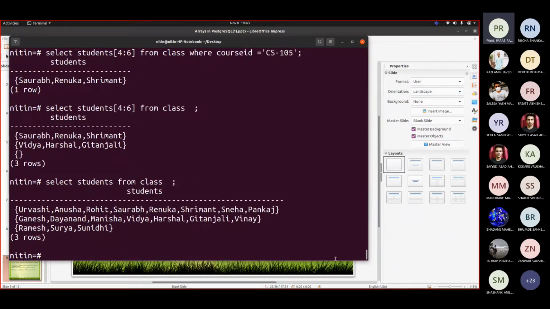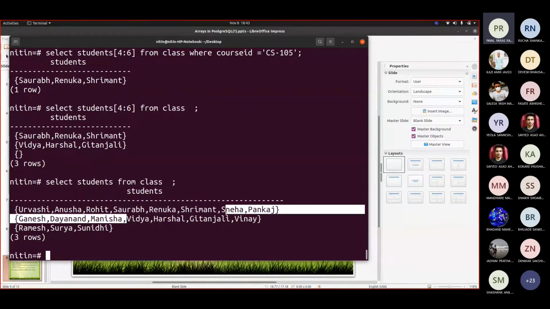Let me show you this. Now you will see like we have given range from 4 to 6. So now how many elements are there in that array? So we have 8. That's why 4 to 6 was picked. So 1, 2, 3, 4. Saurabh, okay, Renuka and Srimant are picked here, correct? From the first. Now second case, I think Vidya 1, 2, 3. Na? Vidya, Harshan and Gitanjali is picked.